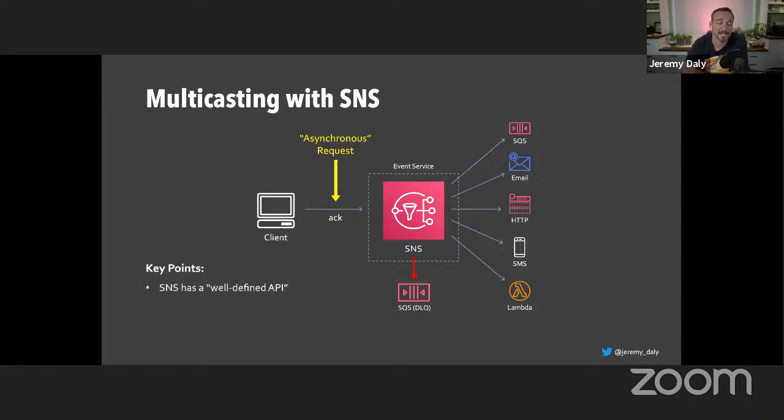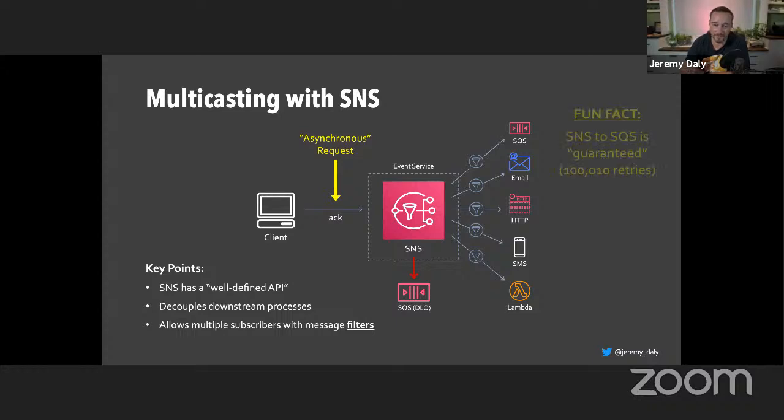So a couple key points here: SNS has a well-defined API. If you think about microservice design, you want to make sure you have a well-defined API so you can standardize the way that you write your messages or events to something like SNS. It does decouple those downstream processes, especially if you put an SQS queue in front of it. And I'll show you that in just a minute. And it allows you to have multiple subscribers with message filters, right? So for each one of these services, you can put a different filter on it. So you can say if X equals 1, 2, 3, then write it to this SQS queue. But if it equals 3, 2, 1, write it to this SQS queue. And there's different things you can do with that, similar to the message rules that we'll see